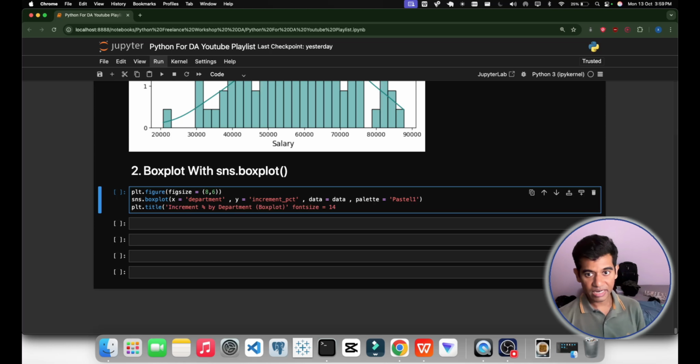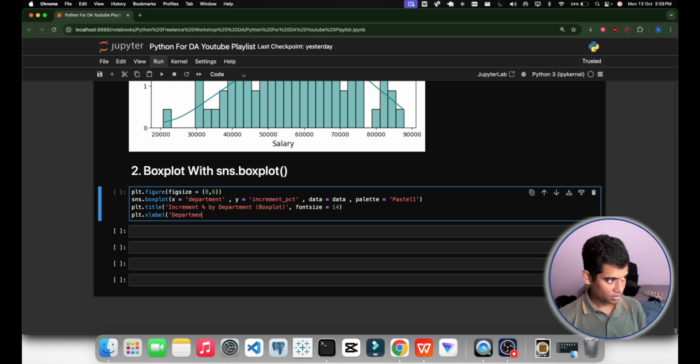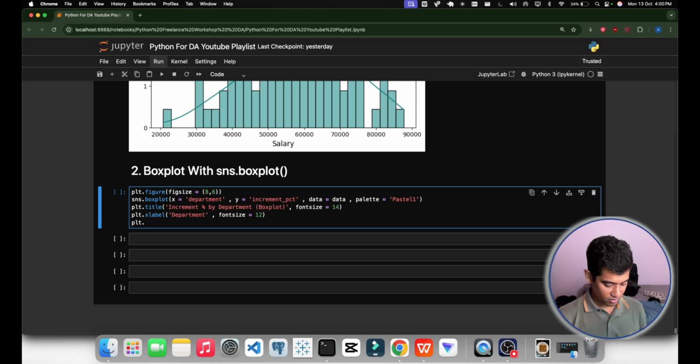Let's write x label and y label. plt.xlabel, let's write department, then fontsize equal to 12. plt.ylabel, and here we will write increment percentage, and we will give the percentage sign so that it is easy for you to understand.